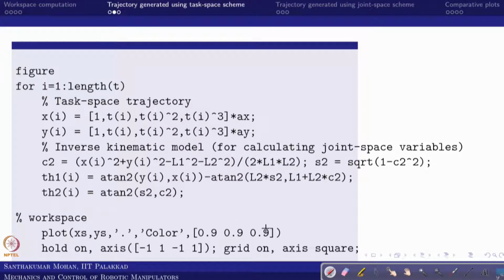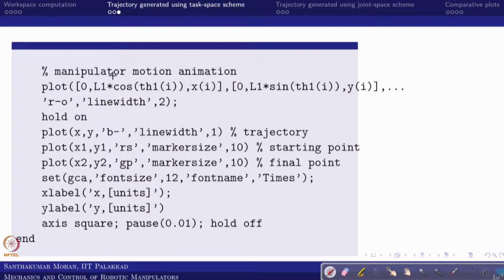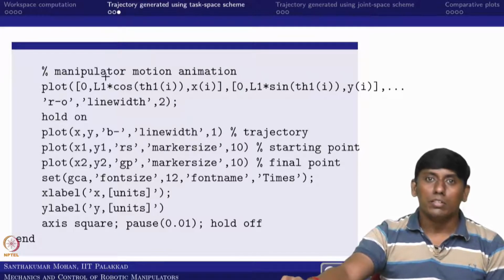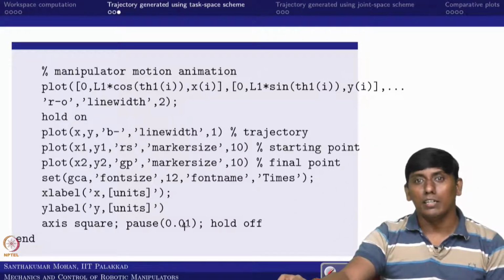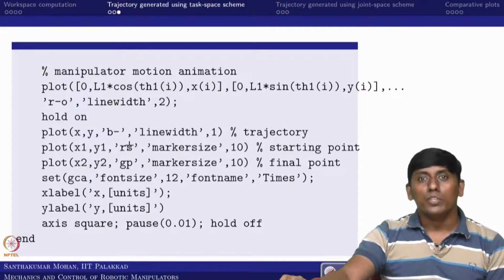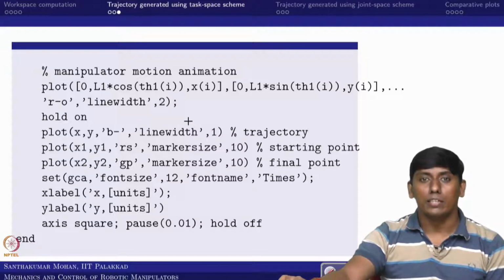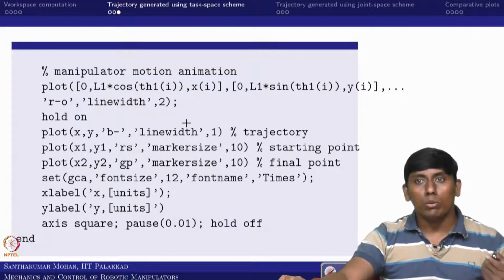Here you can see the workspace I have plotted as simple points across. I hold on, so that when I plot, all of it is plotted at that particular point. Then I am ending the manipulator motion animation. I brought this, you can say 0, x1, x2, 0, y1, y2, and I make it a line so that it looks like an animation. Here it is 10 millisecond as the delay, and again the same thing. The starting and ending points we plotted, and the final trajectory we can also generate. Just to show that, we will first finish the entire thing, then we will go to MATLAB.